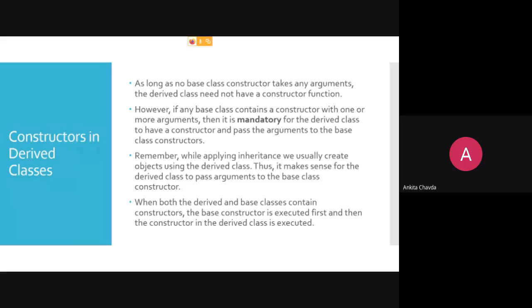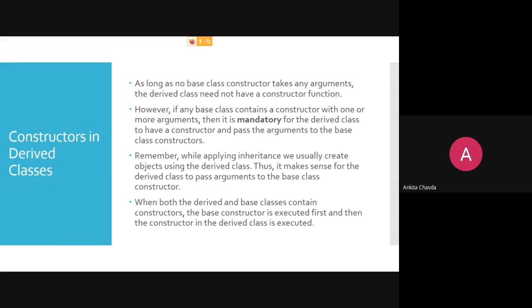You don't have to write the constructor if your base class is not having a constructor. Fine. But if your base class is having a constructor with one or more arguments, then it is mandatory for the derived class to have a constructor and pass the argument to the base class constructor, right?